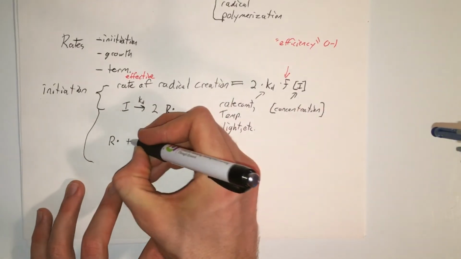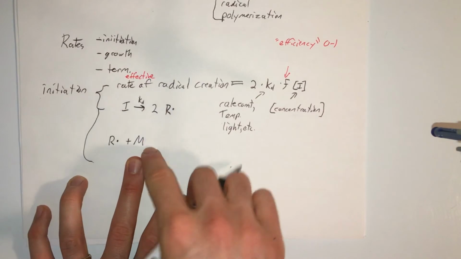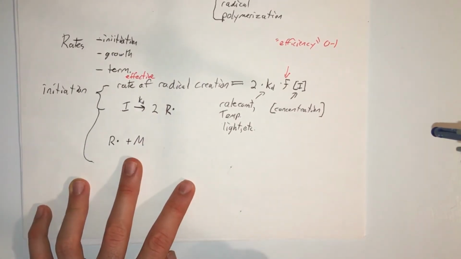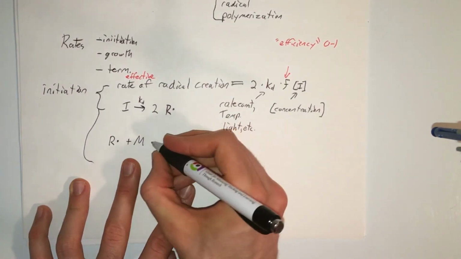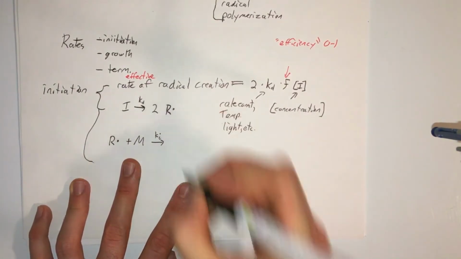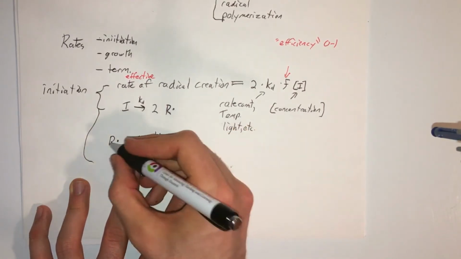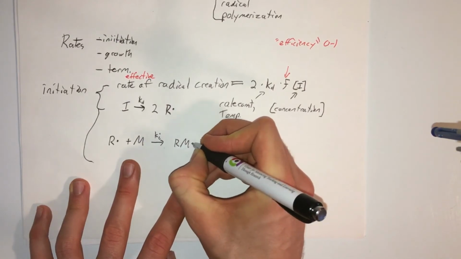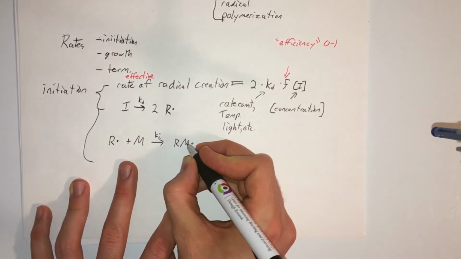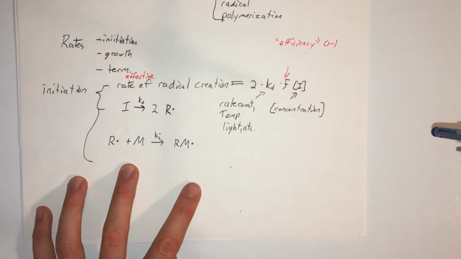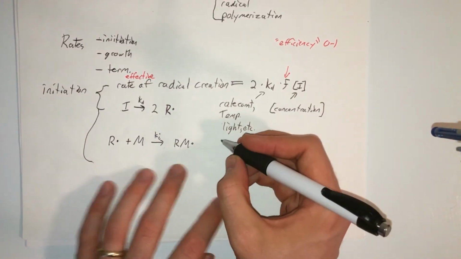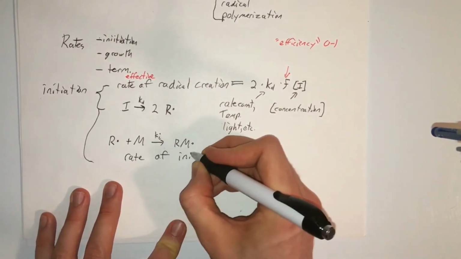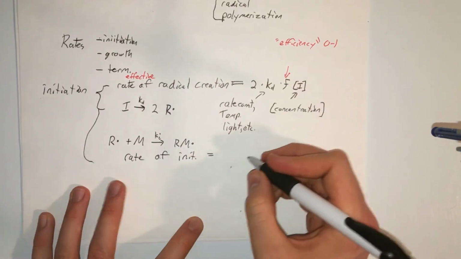This radical might combine with a monomer. This monomer would be like a single ethylene molecule, and with some rate k sub I, these two combine to form a radical monomer complex where the free radical is now on the end of the monomer. And if we wanted to talk about its rate, the rate of initiation, then that would be equal to